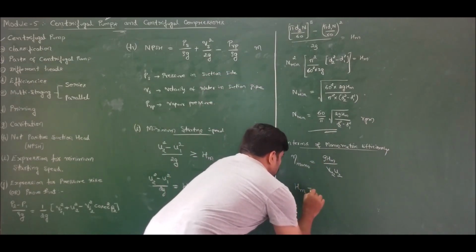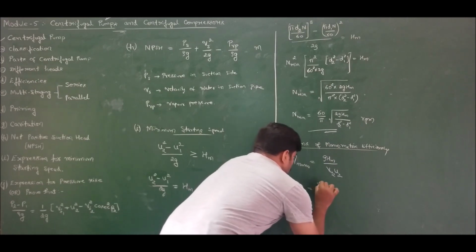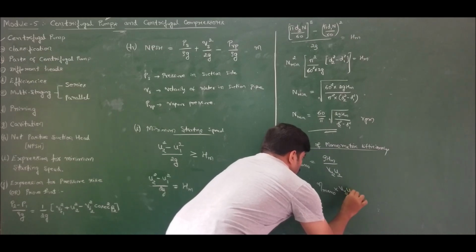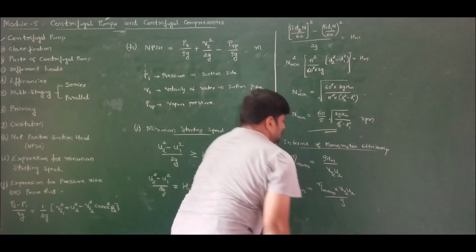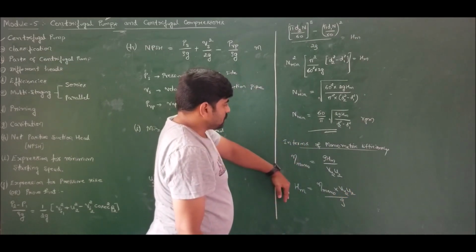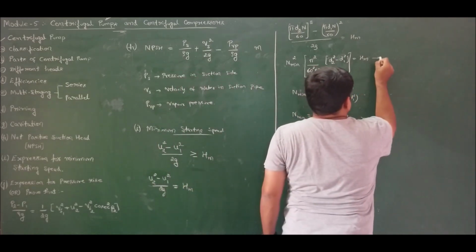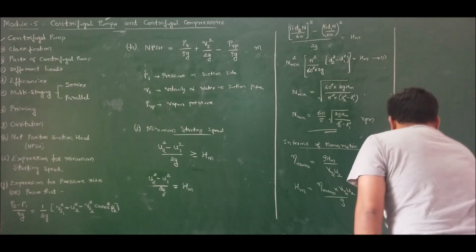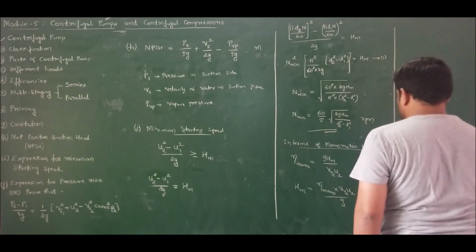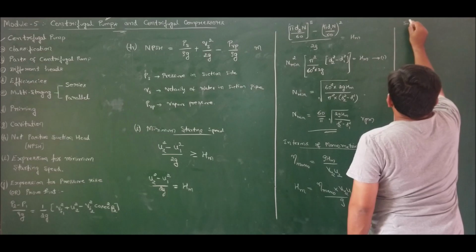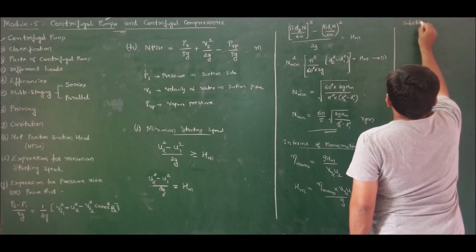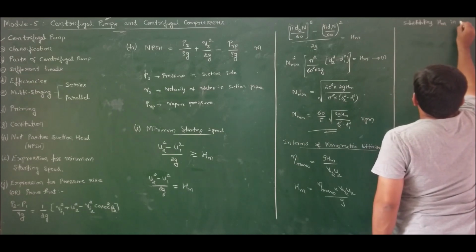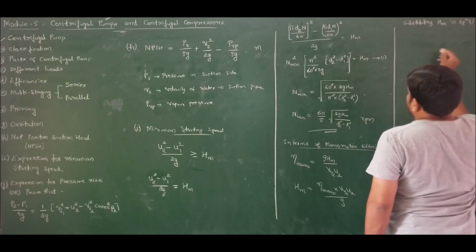So Hm will be eta mano into Vu2 U2 by g. So substituting this in equation 1, I will get, substituting Hm in equation 1,